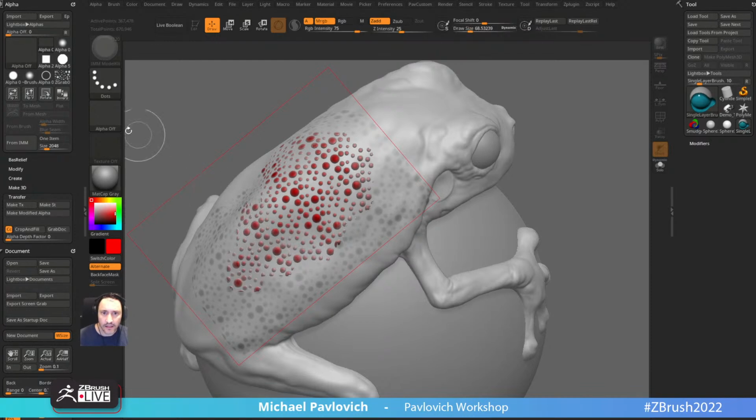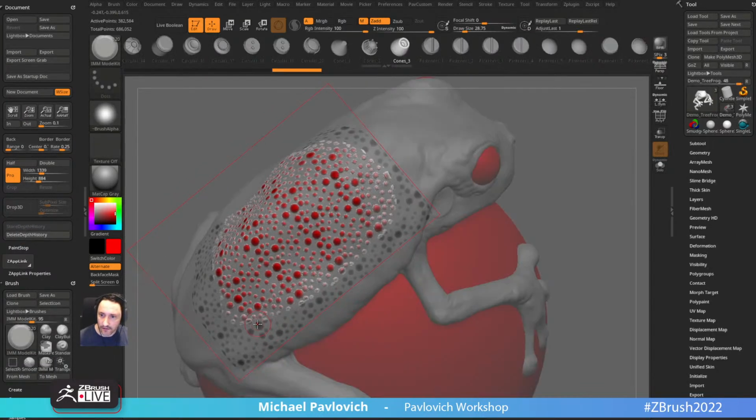drop 3D. Let's turn the alpha. Let's do an alpha 06 maybe. There we go. That's a little bit better. So we're using our stencil and our polypainting and all the little things we can use to our advantage to create this on our object. And if I want to move, you just got to go in here to drop 3D off,